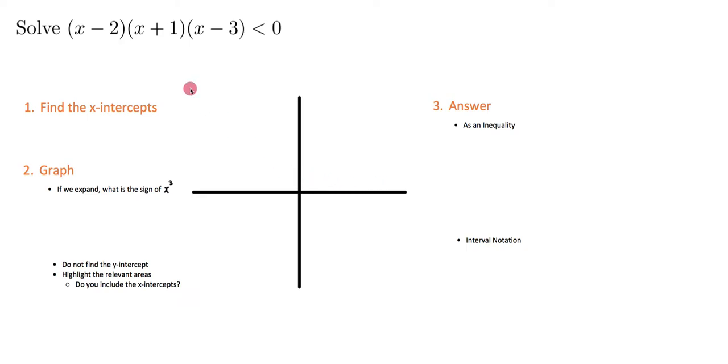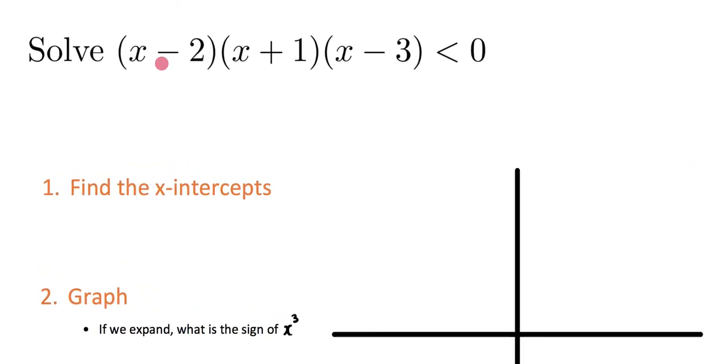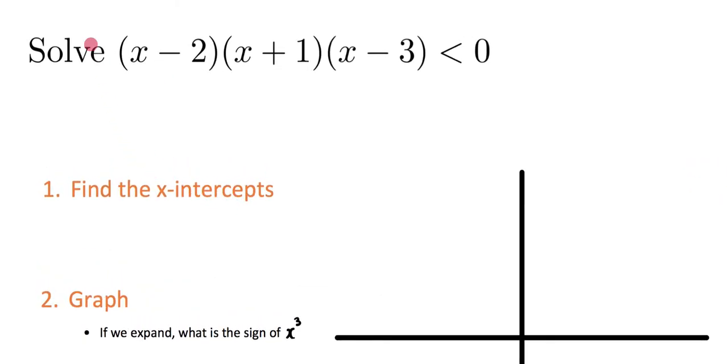So we are solving cubic inequalities. Let's zoom in and look at the question we are facing. Whenever you're facing a question like this, the best thing you can do is decipher what it's saying, write it in plain English. So it's asking us to solve this for when it is less than 0. So what it's asking is when is